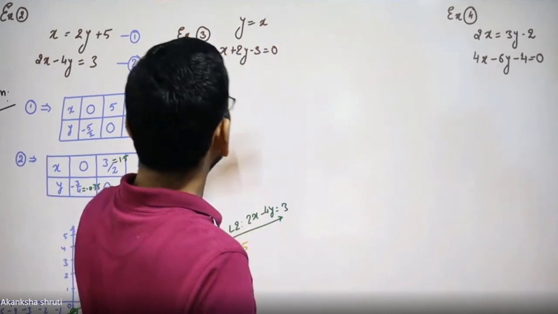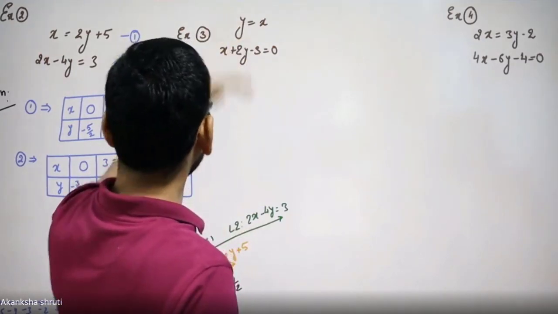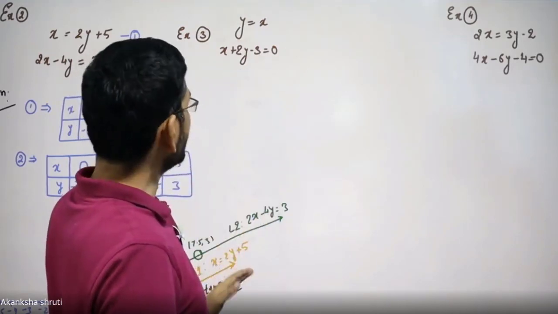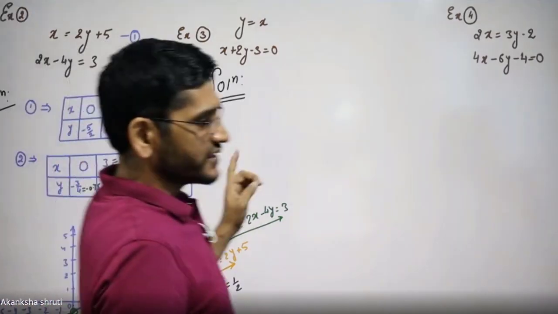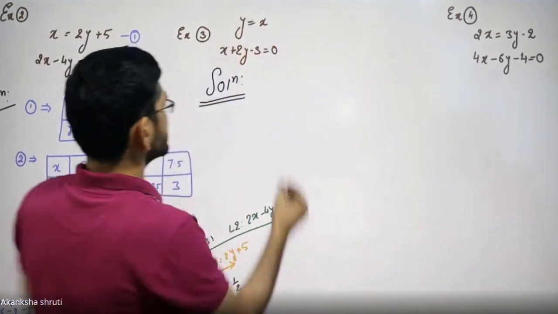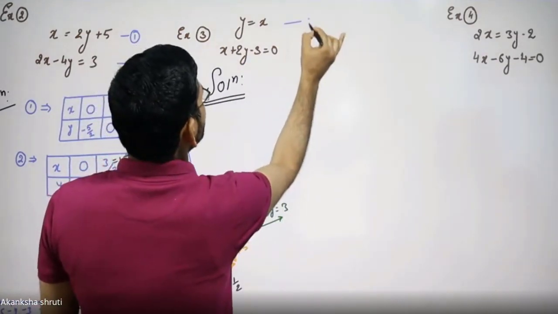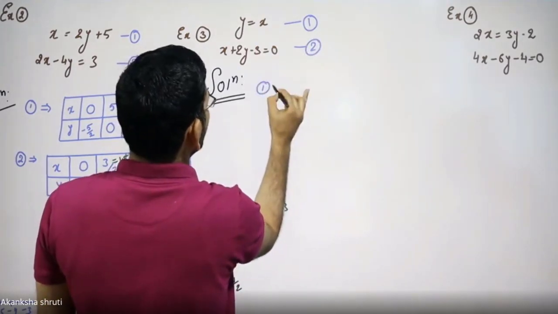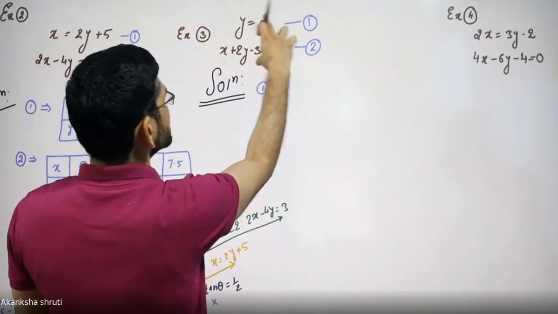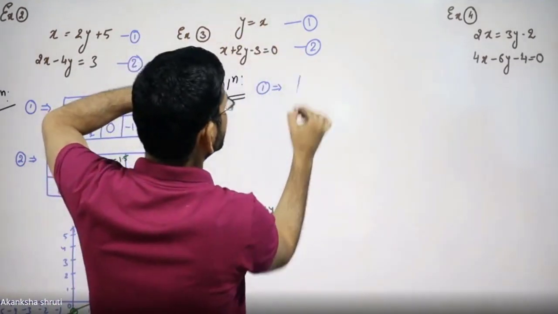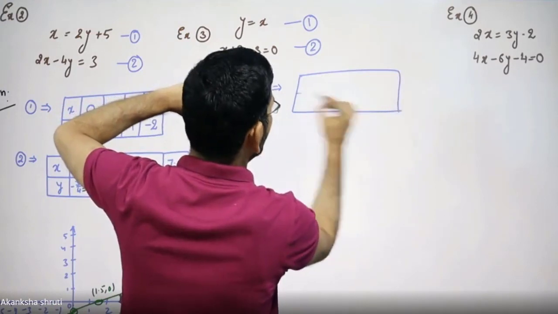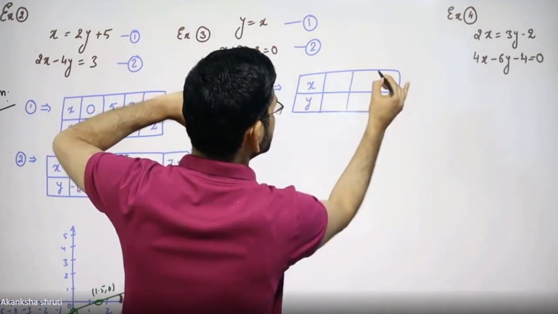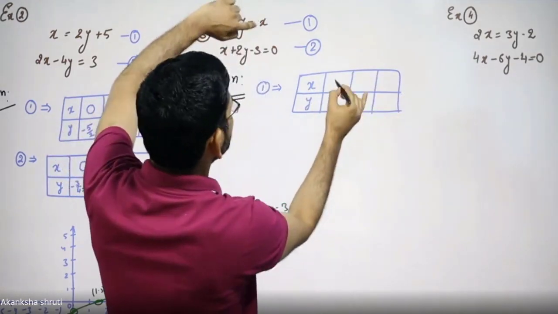Draw the graph of these two equations. For drawing the graph, we need to first tabulate. Then we will draw the graph over the same plane. We will find whether they are intersecting or not. Students, for the second also, we need to draw their table. You may consider this as 1, this as 2. So for the equation 1, for this pair of equations, we have to draw the table. Mark x above, y below, mark at least 3 values.